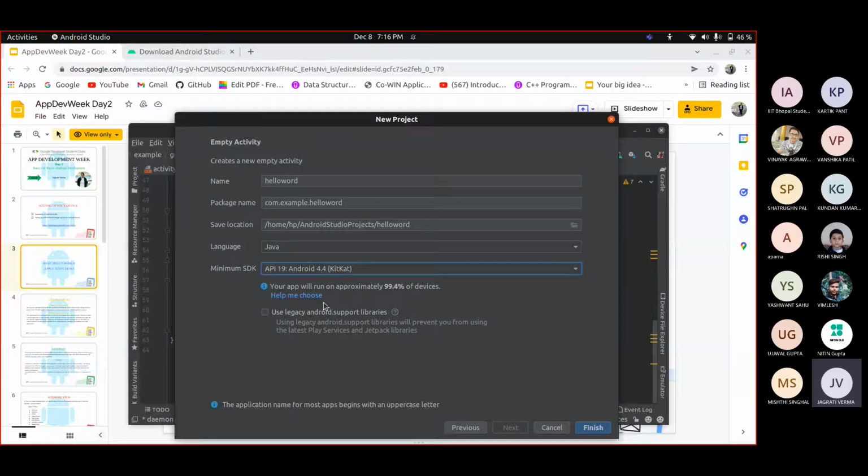Like here you can see, if you create this application, it's going to run on 99.4% of Android devices. If you move to a much lower version, it's going to increase. Like for Android Jelly Bean, it's going to work on 100% of the devices. It means this minimum SDK is in every Android version and every Android device, so this app can be run on any of them. So we can click on finish to create a new project.